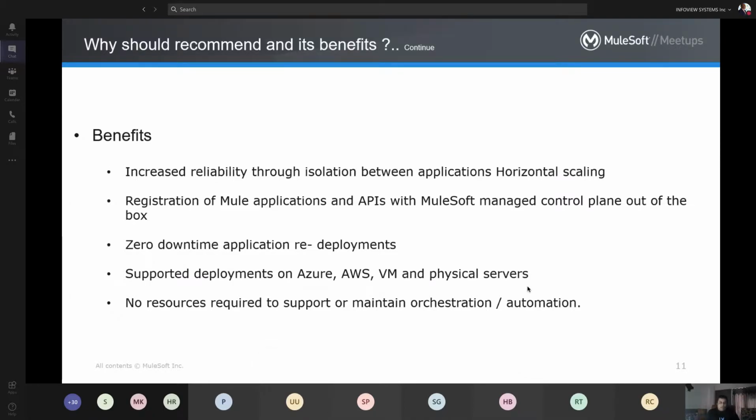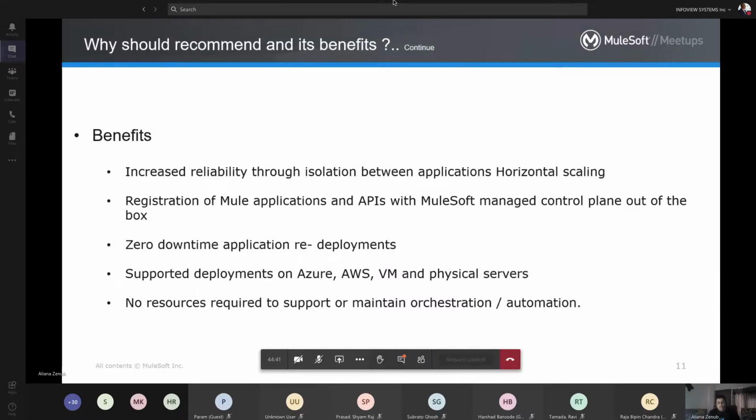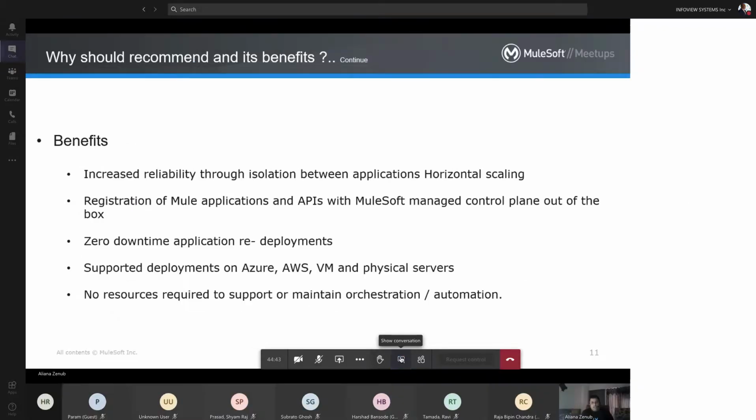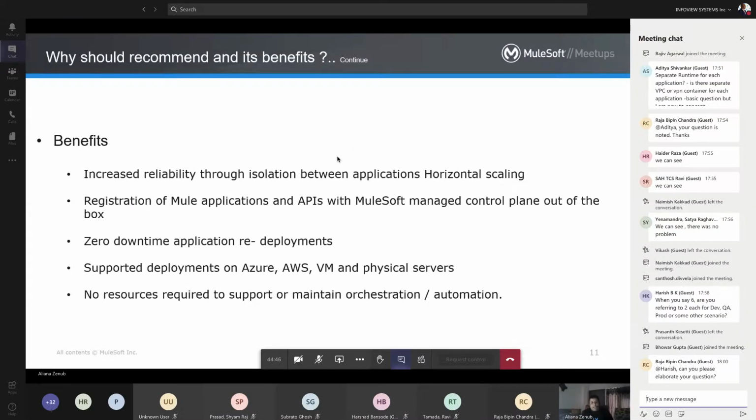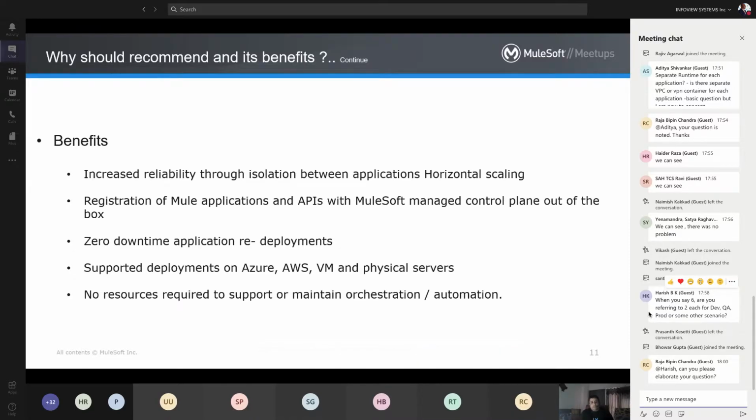Zero downtime: as we have seen in CloudHub, when we deploy an application, the previous deployment is not destroyed until the new one is successfully deployed and ready to use. The same is taken care of by the Ingress and Kubernetes edge tooling.